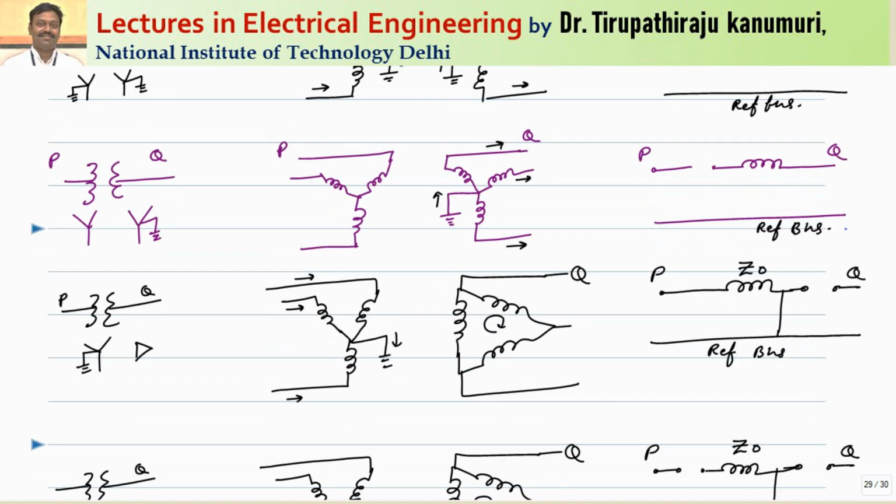So let us take the case the primary neutral is not grounded. If primary neutral is not grounded, I told you that switch will be represented by 3 times of the neutral impedance. Here neutral impedance is equal to infinite. So that means it cannot provide the closed path for the zero sequence component of currents, or otherwise we can tell that this primary cannot supply the zero sequence component required for your secondary side. That's why this will be open circuited and Q is closed and this value is equal to Z0.